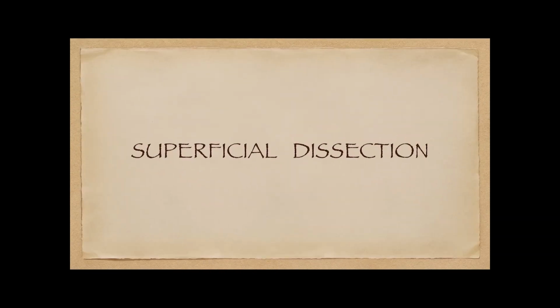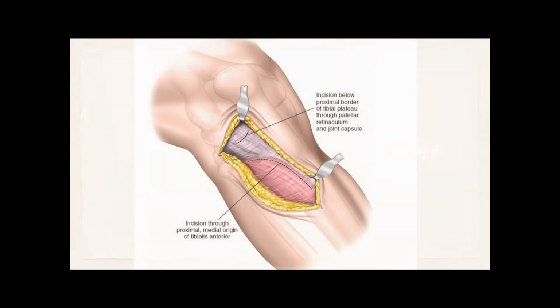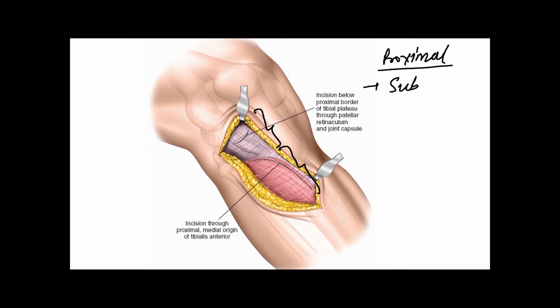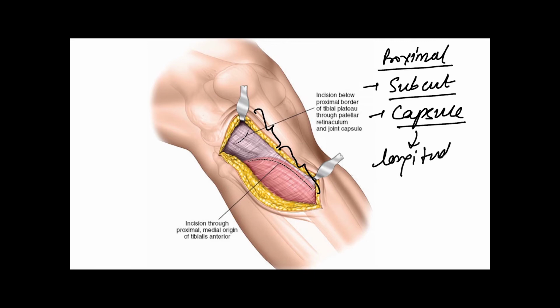Superficial dissection. So we will talk about the superficial dissection proximally and distally. So proximally, after the skin incision, we cut the subcutaneous tissue in line with the skin incision so that we will expose the capsule. The capsule is incised longitudinally below the joint line, below the lateral meniscus. So we cut the capsule like this longitudinally,